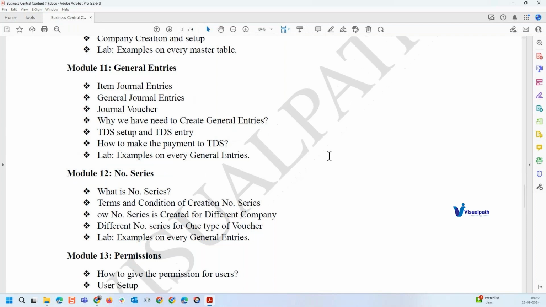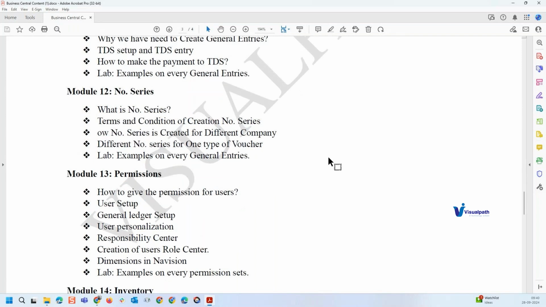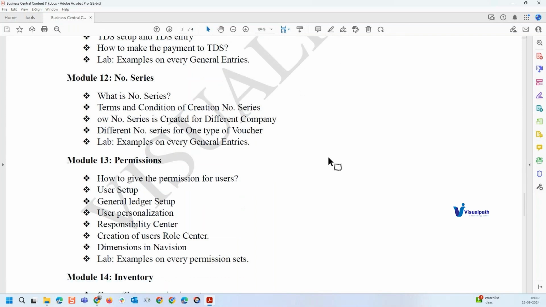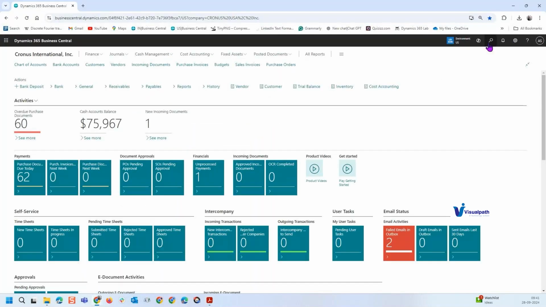Number series. Number series is going to play a very crucial role, because for each sales order, or even when you get an invoice from Amazon or Flipkart, you can see there is an invoice number. That invoice number comes from a numbering sequence in their system, whatever they are defining. So I will take you through the number series, and where you need to tag that number series in that particular process: okay, this is the number series, and this number series is going to be tagged to this particular setup. Because for the visualization, if I take you to the